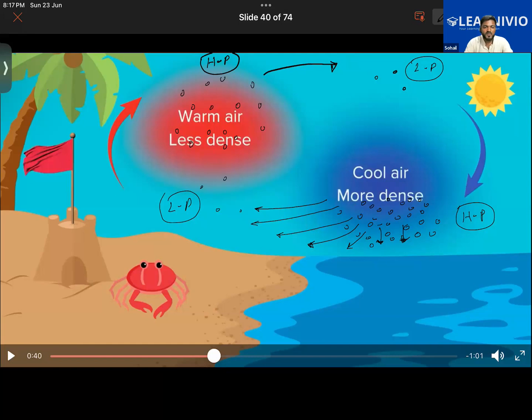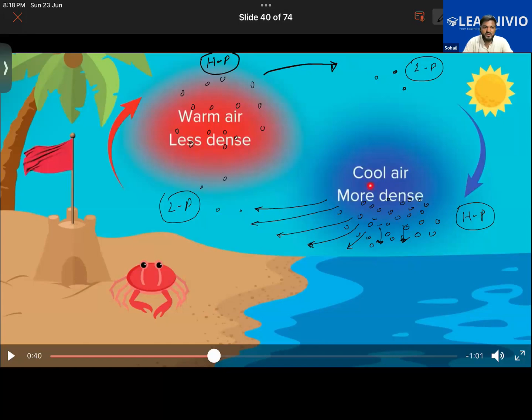Also, the usual temperature conditions in the coastal areas are much better as compared to the people that would be living in inward areas of the country. So the temperature is usually lower as compared to other parts of the country. So the people living in coastal areas experience a moderate climate.